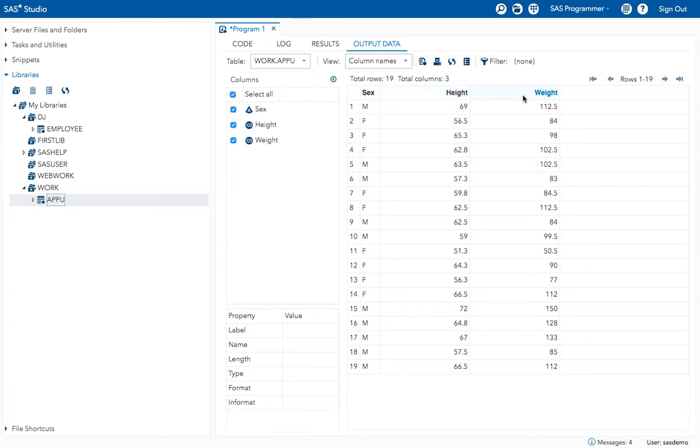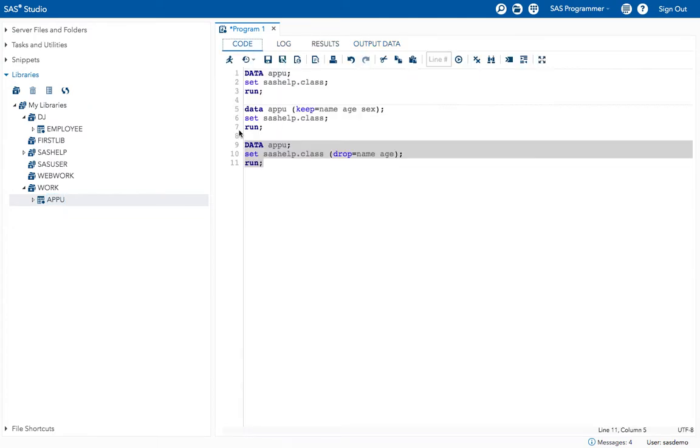But why do we have two options? Either we can use keep or drop, right? Why are we using two? If both are doing the same thing, for keep I have given name, age, sex, and in keep I can also give the other things. Here, instead of the drop option, I can use keep with sex, height and weight, and if I remove name, age, I will get the same result, right? Why are we using keep and drop both?